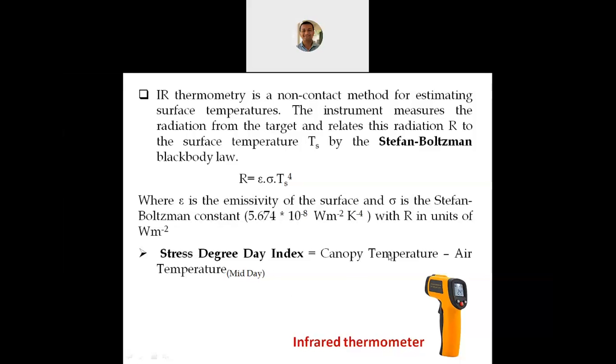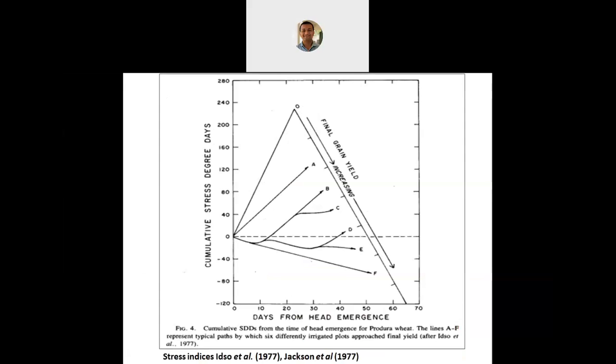So now if we take the difference between canopy temperature and air temperature, it gives us the stress degree day index. Now this stress degree day index is a very good parameter for measuring the correlation between the changes in canopy temperature and the yield. If the cumulative stress degree day index is higher or positive, it leads to lowering of the yield, while if the cumulative stress degree day index has a negative value, it promotes the grain yield,